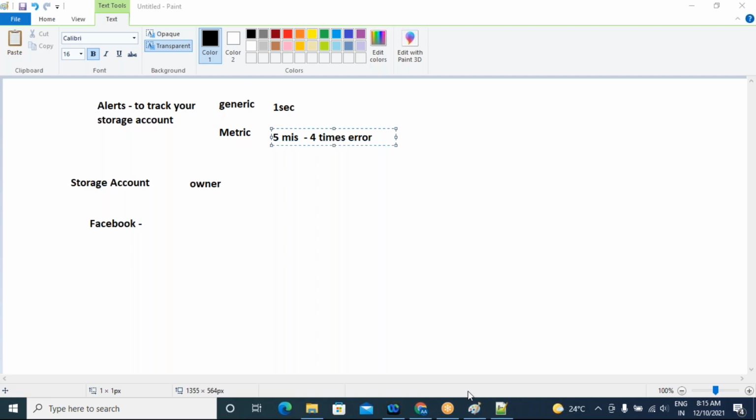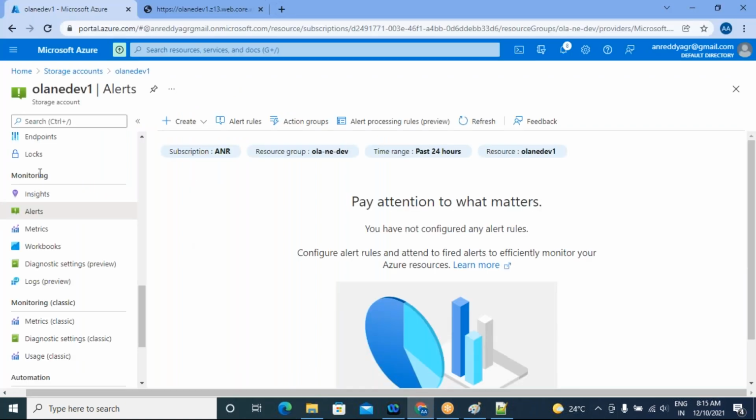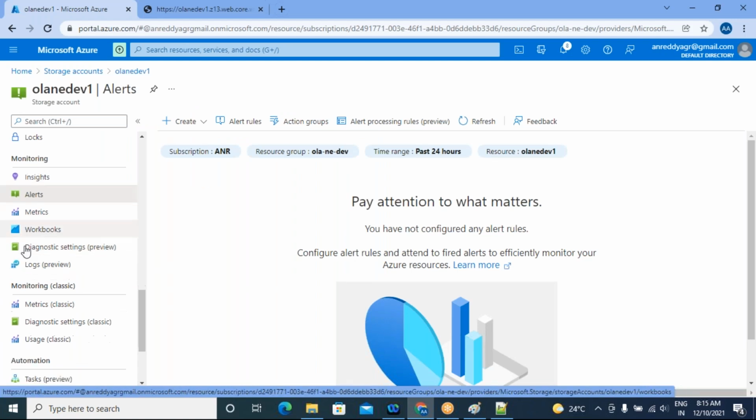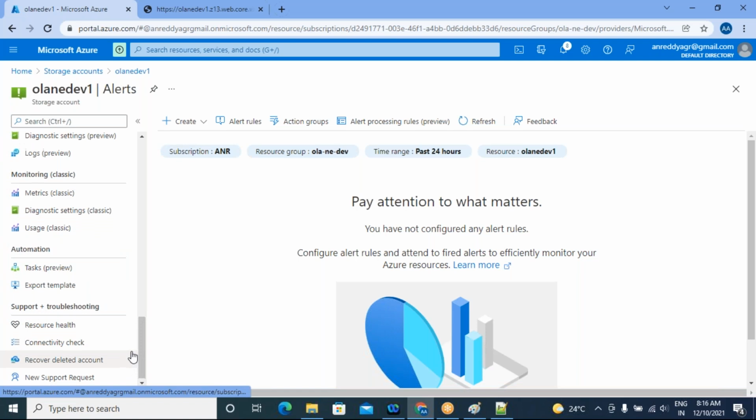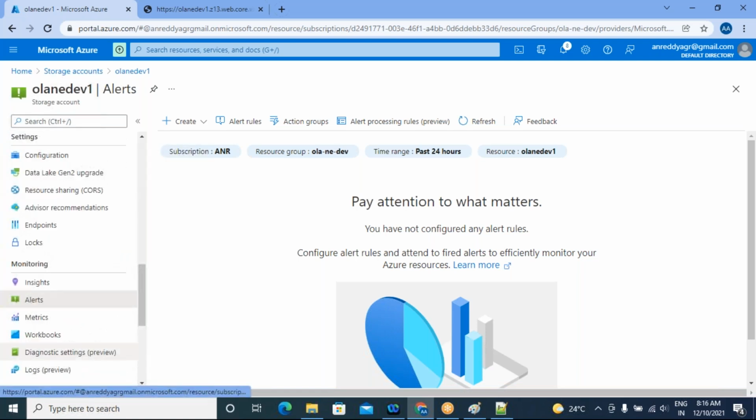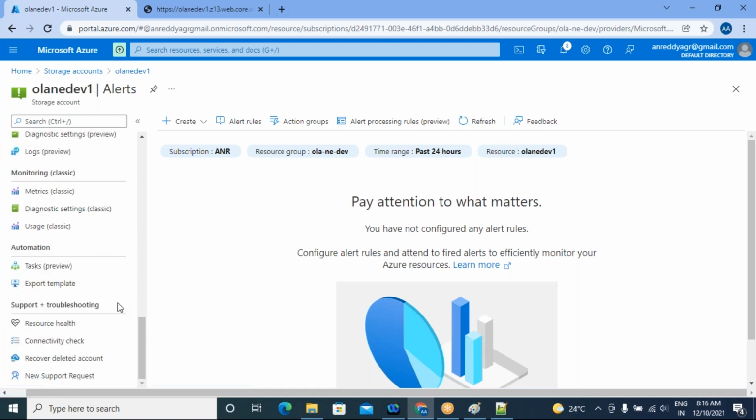Okay, then fine, we'll see the next concepts here. So what is left? I'm telling the real-time concepts, whatever is required in real time. Then we'll see